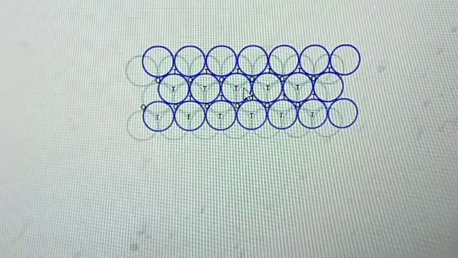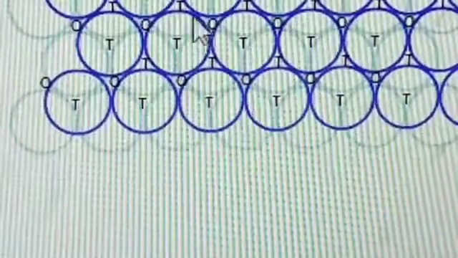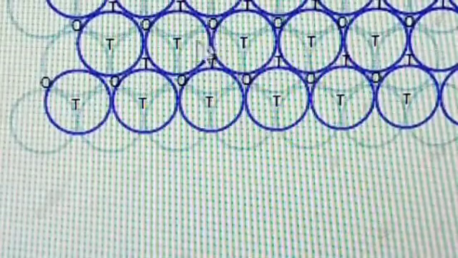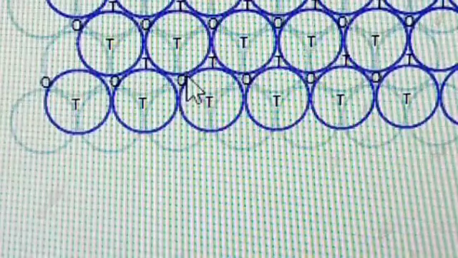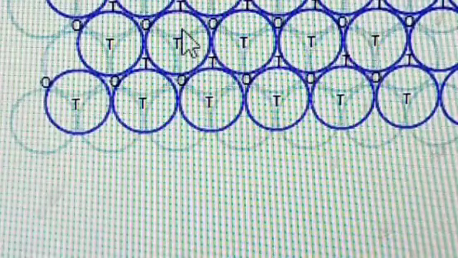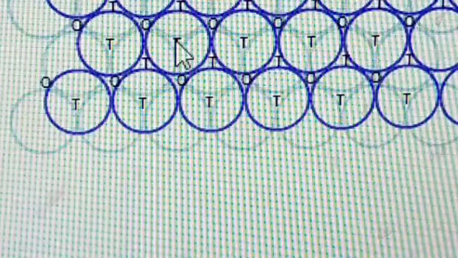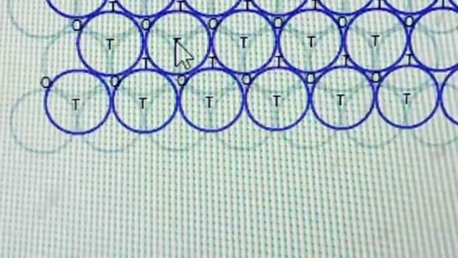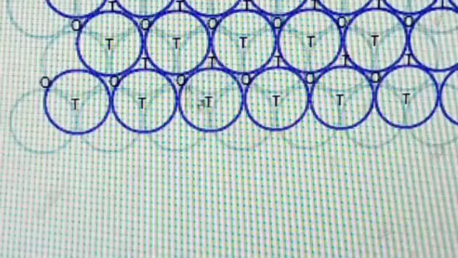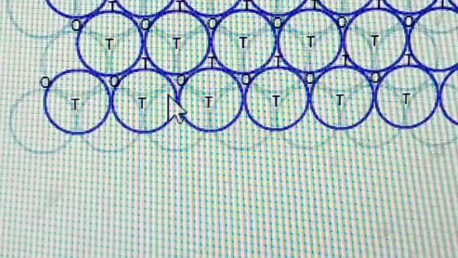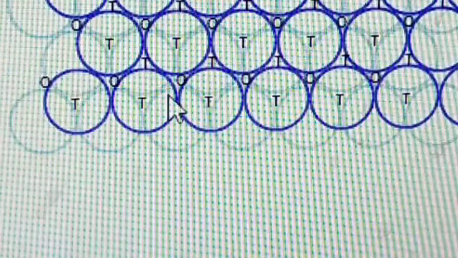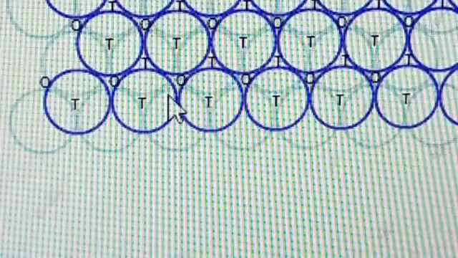See now, here we have O, no? O means nothing but octahedral void. See here, for this the apex will be upward, and for this the apex will be downward. So when those two do not overlap, then we can get octahedral voids. Why are we calling it an octahedral void? I already told you, no? When we join the centers of the neighboring spheres, we can get the octahedron. So we can call them octahedral voids.